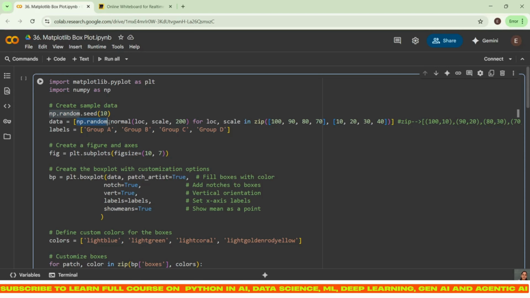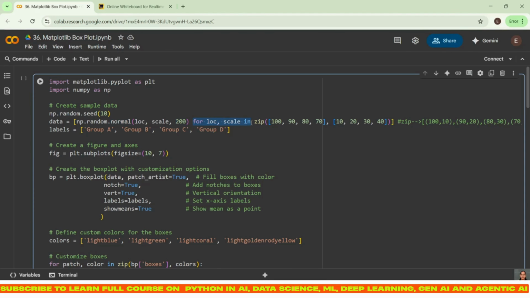So here I have taken np.random.normal. Normal means what, guys? It is going to create a normally distributed curve, correct? Then what are the inputs it is taking? It is taking loc. Loc means what is that, guys? It is going to tell you the point or the middle line from where the mean line or the center line is going to be. Scale. Scale means till what? Till what is the size? Till what you are going to create your normal distribution curve. Here we are taking 200 data points. For 200 data points, it is going to create a normal distribution curve.